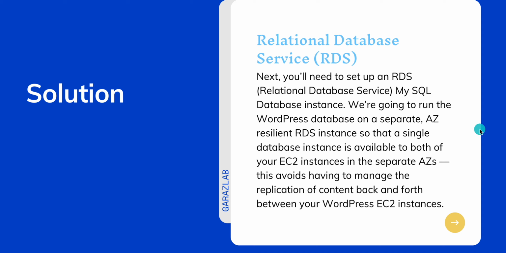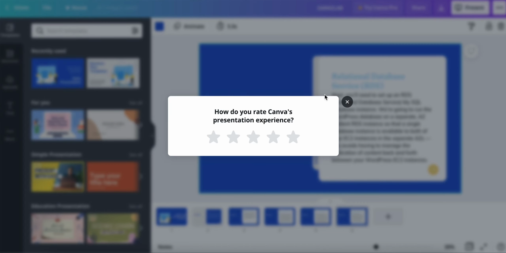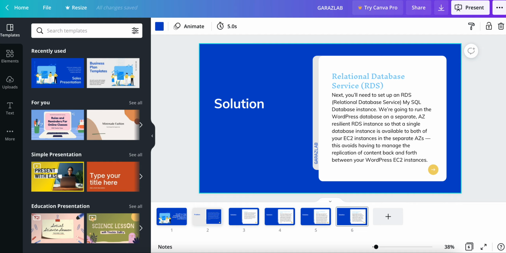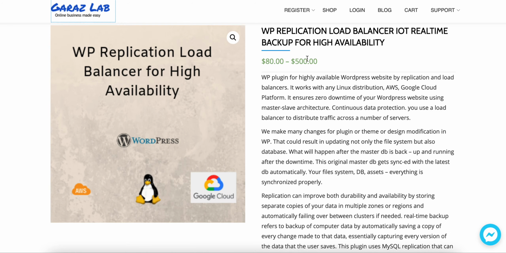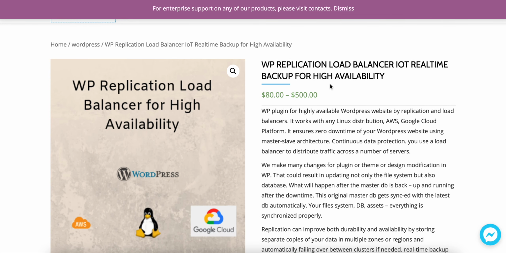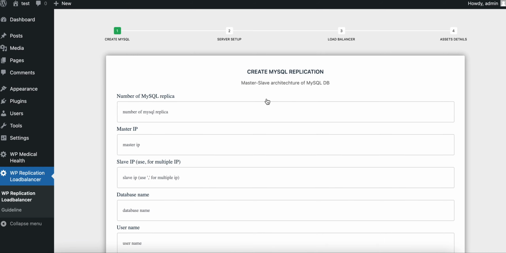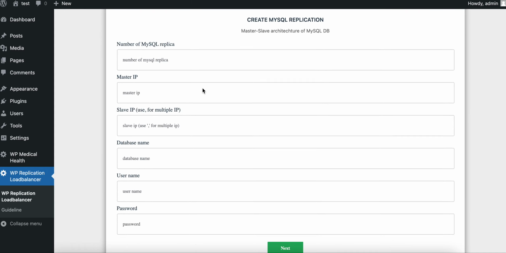All these features are available in the WP replication load balancer product. You can easily get it from our shop, and it takes just a few clicks. After installation, you go to the plugin page, click WP replication load balancer, and fill up this form.